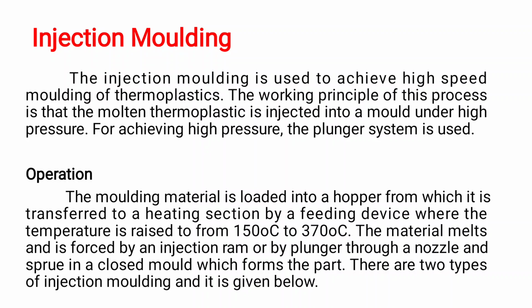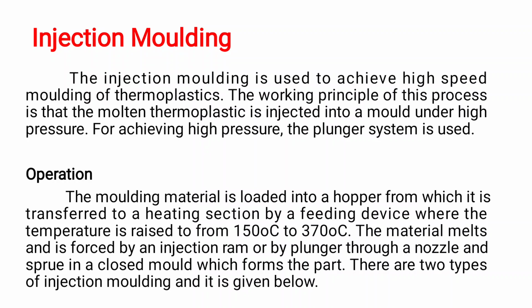Like injection molding, injection molding is used to achieve high speed molding of thermoplastic. The working principle of this process is that molten thermoplastic is injected into the mold under high pressure. For achieving high pressure, the plunger system is used. The molding material is loaded into the hopper, from which it is transferred to the heating section by the feeding device, where the temperature is 150 degrees centigrade to 370 degrees centigrade. The material melts and is forced by the injector, a ram or plunger, through the nozzle